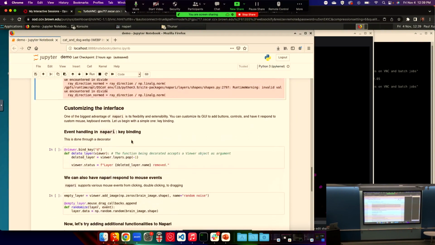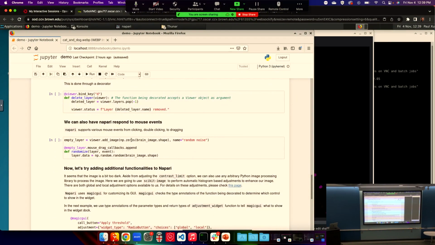So for example, let's start from the very beginning. You can customize the interface so you can respond to custom events. So for example, keystrokes, you can do that. You can bind a key, and then Napari will respond to the keystroke and run arbitrary Python code in that